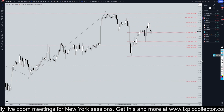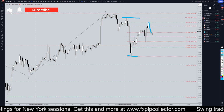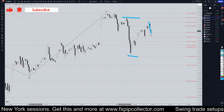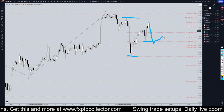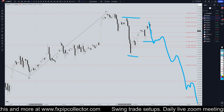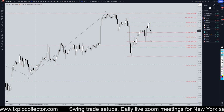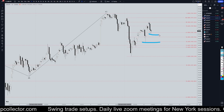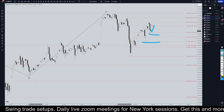On the 1 hour time frame, I got my Fibonacci retracement on this move right here. It definitely did respect the fib level, making an impulse move down. It has not broken structure to the downside. Once it does do that, I think I'll have way more confidence about this being in a downtrend for wave 5. Until that actually happens, be careful because if it makes a higher low, engulfing up, then the other scenario